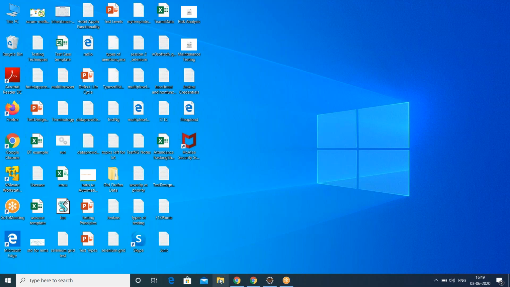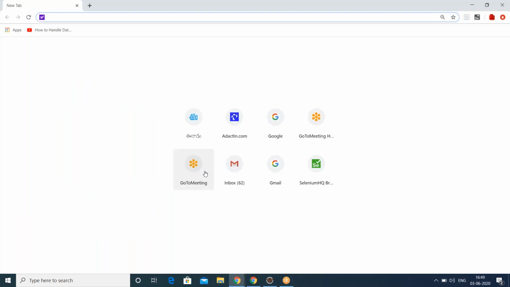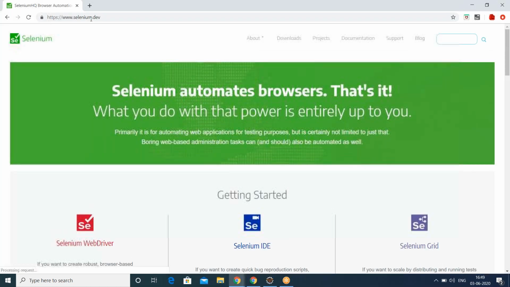Okay, next we have to download the jar files, right? The Selenium Java jar files, and we also have to download the Chrome driver jar files. Where can we download these from? We can download these jar files from selenium.hq.org. So I think most of you are done with the configuration and have practiced it.